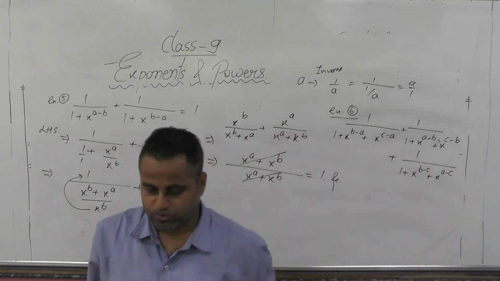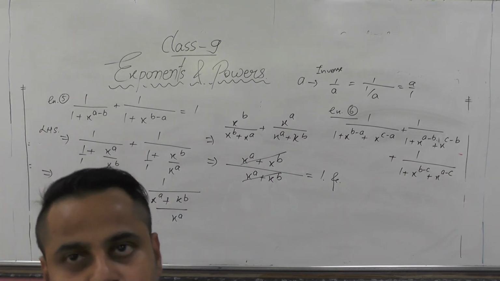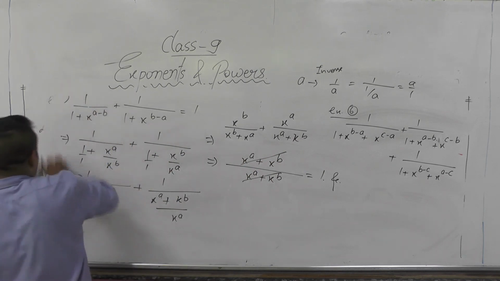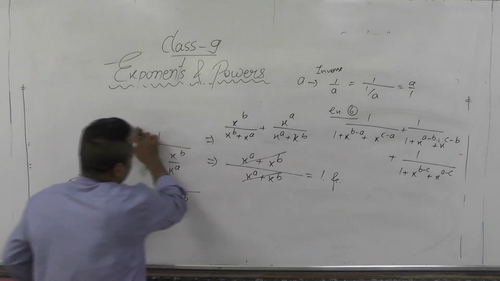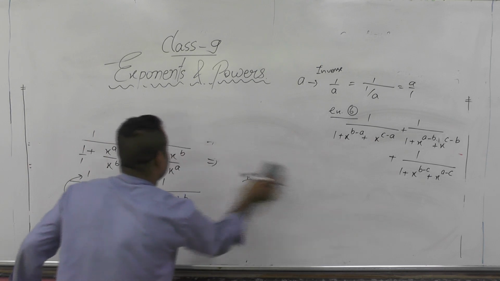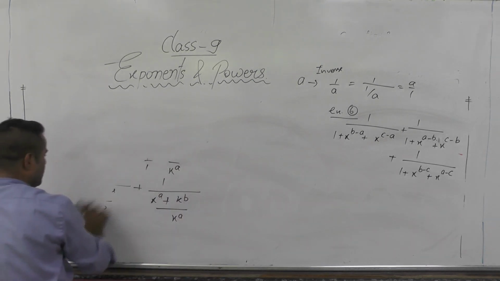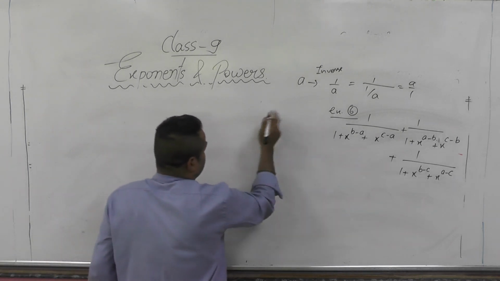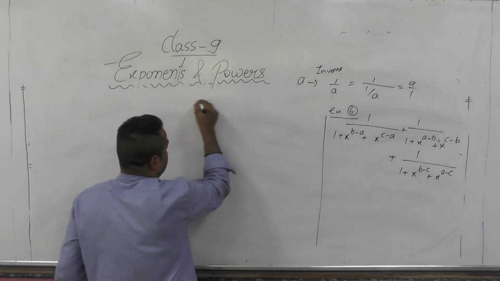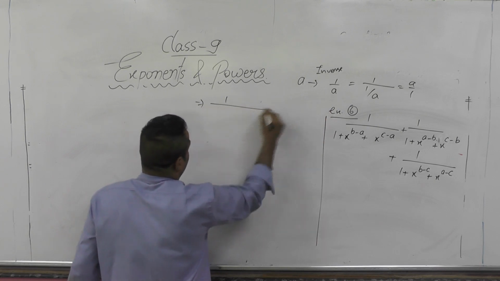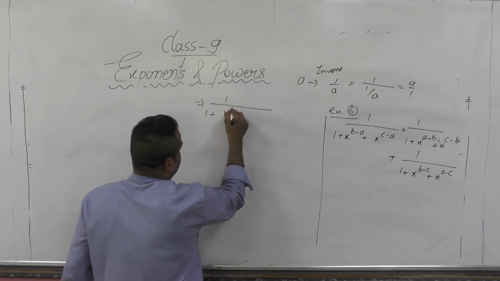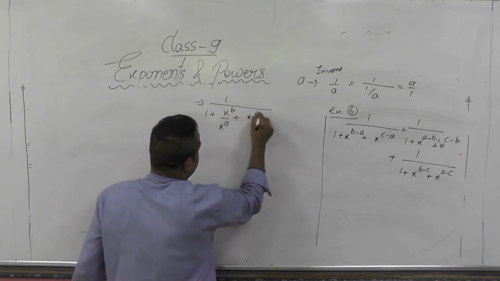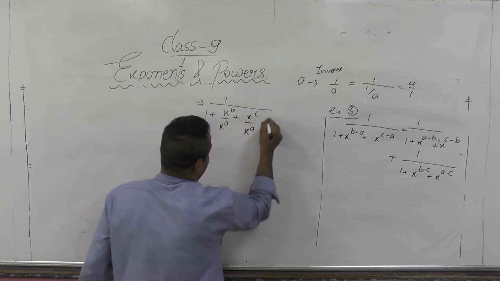As I told you before, what you need to do in such kind of question is derole it. How to derole it is by applying the reverse rule or converse rule. So here also we can do the same thing like we did in the previous example. We can convert the negative terms into fractions again. 1 upon 1 plus, if we write it as x to the power b upon x to the power a, negative power comes down, x to the power c upon x to the power a.